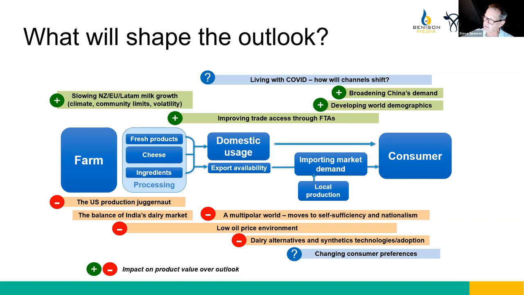Now, there are two that I would say we don't know which way they'll go, but living with COVID, COVID has changed the channel demand for dairy products, just how people consume products and the structure of demand between retail, eating at home and eating out, etc., will continue to evolve, as well as the impact of changing consumer preferences. So the affordability of products, not only by what incomes people have, but also as their changes and their influences occur over time. So there's lots to talk about here.